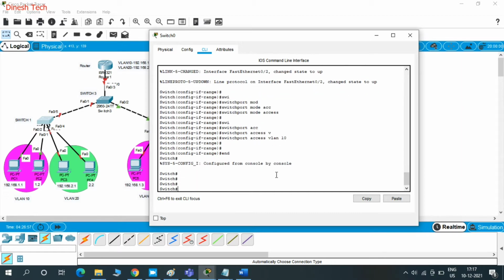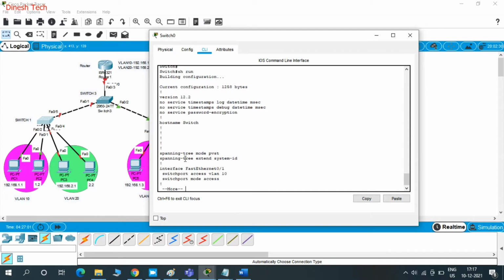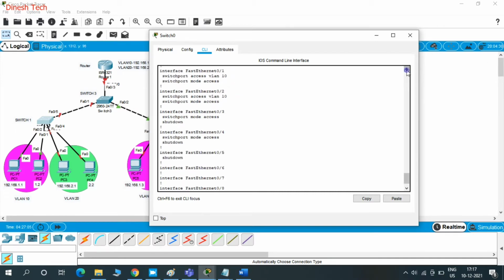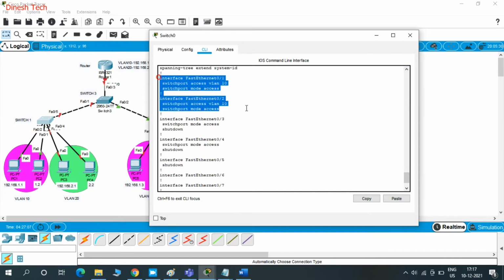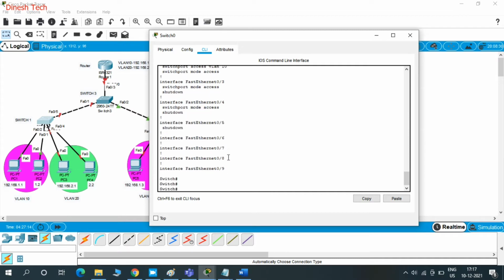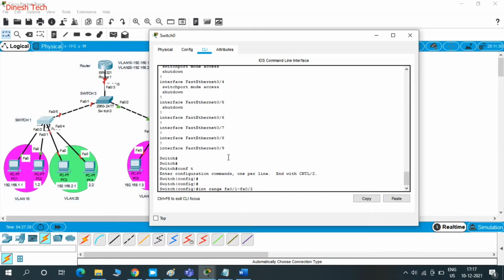In the same way we will configure interface FA0/3 to 0/4. To verify, you can use show running-config to validate the configuration. See, 3 and 4 are not configured. I can see only switchport mode access is there, so we have to allow the VLAN there.